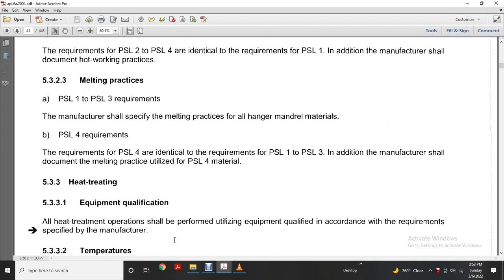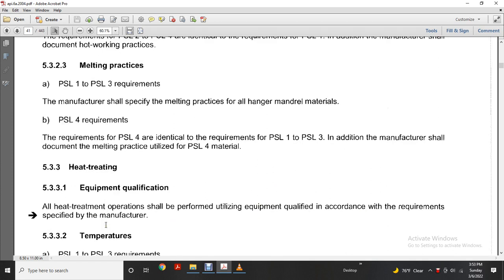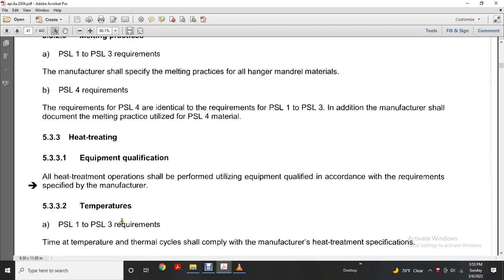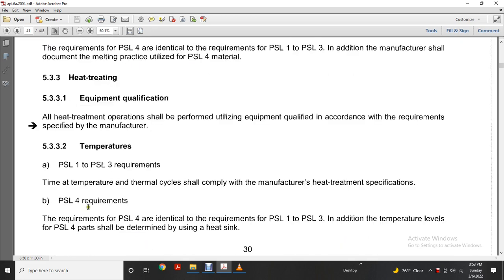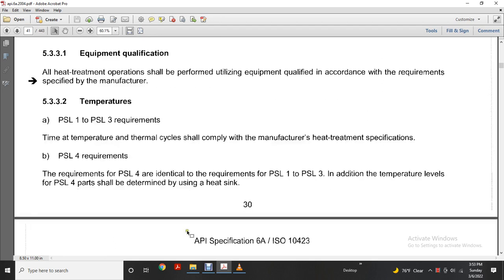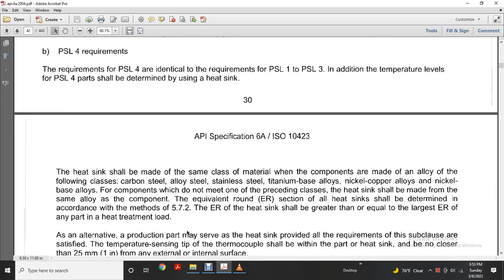all heat treating operations shall be performed utilizing equipment qualified in accordance with requirements specified by the manufacturer. Temperature, product specification level 1 to 3 requirements: time and temperature for the thermal cycle shall comply with the manufacturer's heat treatment specification. Product specification level 4 requirements are identical with product specification level 1 to 3. In addition to the temperature level, the product specification level 4 parts shall be determined using a heat sink. The heat sink shall be made with the same class of material as the components made of